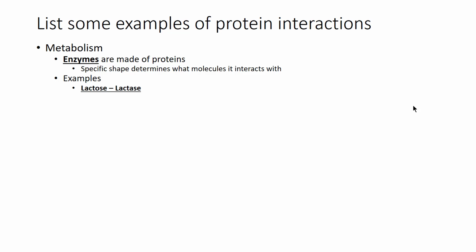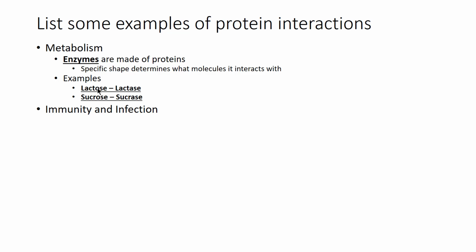So you may be familiar with this one. Lactose is your milk sugar, and lactase is the specific enzyme that breaks down lactose. And usually, but not always, they're named in some way based upon what they interact with. So lactase is the enzyme, and lactose is the substrate that the lactase enzyme acts upon. If you're lactose intolerant, you have some issue producing lactase, and as a result, you get a buildup of lactose byproduct, and you get usually some kind of indigestion. Another similar example is sucrose and sucrase. Sucrose is your typical table sugar, and sucrase is an enzyme that breaks that down.